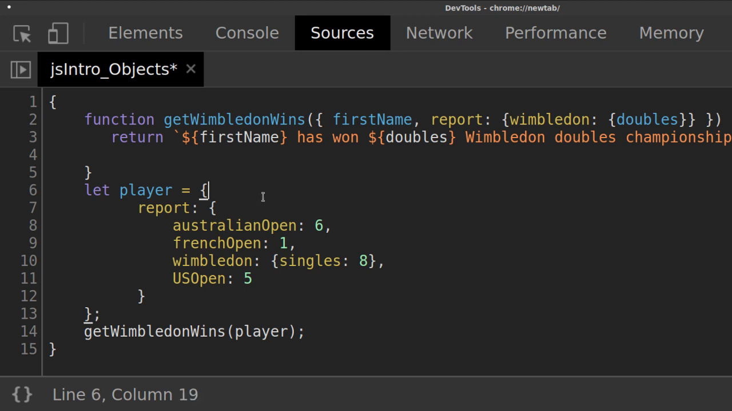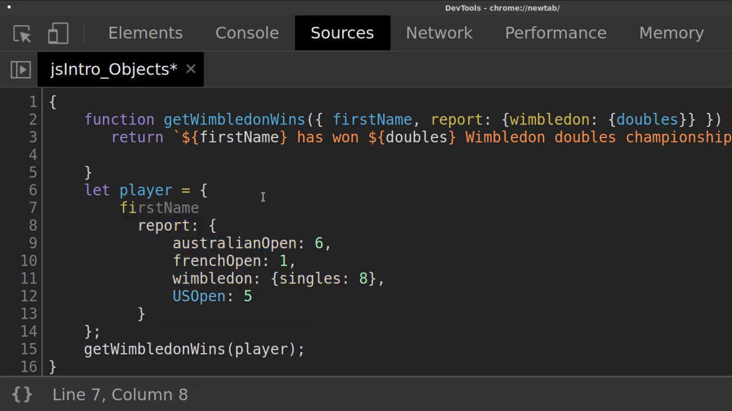So if I put back in my object, thank you guys. Yeah. First name. Colon, different syntax, right? Because we're now in an object. Oh, what's happening with the indentation? So if I now do that,